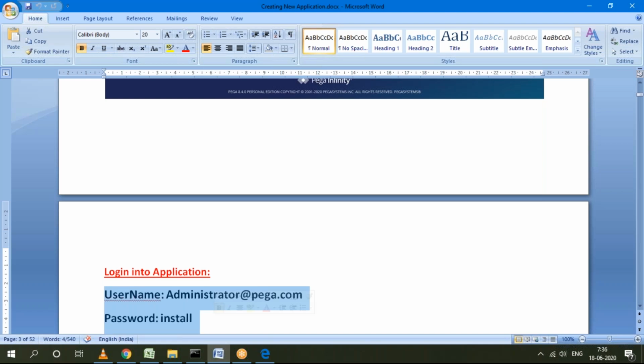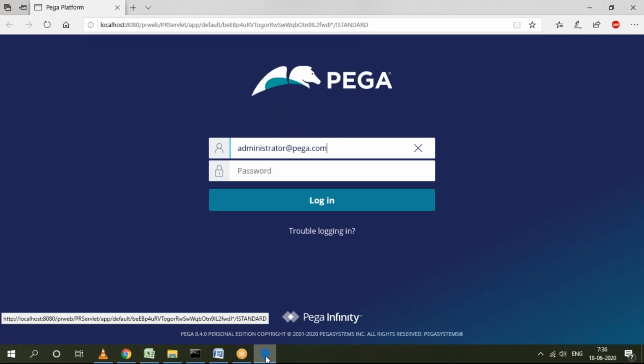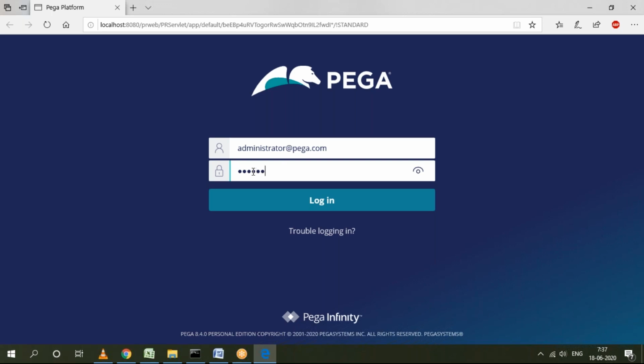Once again, who joined late? We just started right now. I'm discussing today the installation of the application, and after the installation, how to add a new project or start a new project. So first, start the server and open the browser. That is the login page you can open. Enter the default ID and password. Install is the password.